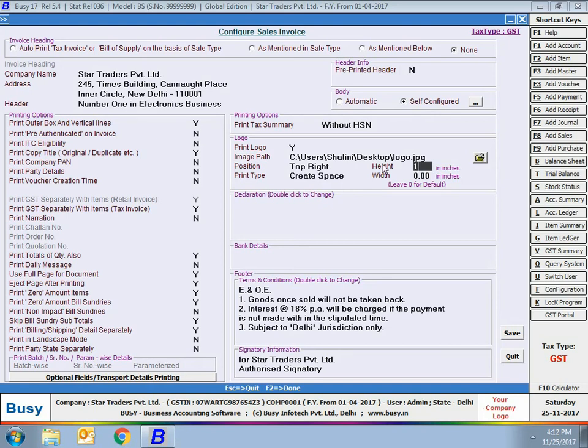Leave these fields as 0 to print the logo in its normal default size. Otherwise, you can specify the height and width of the logo to be printed in inches. At the left hand side, a lot of printing options are appearing, like print outer box in vertical lines, print